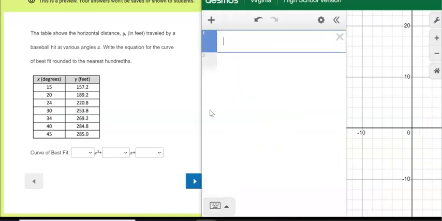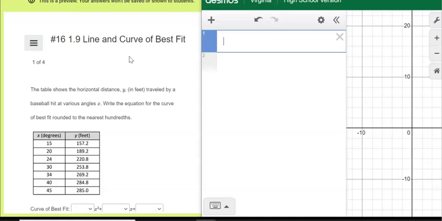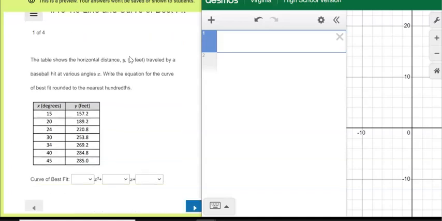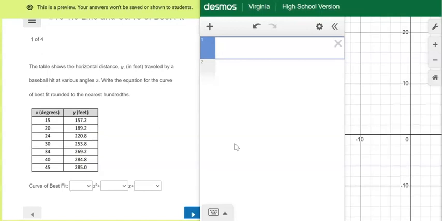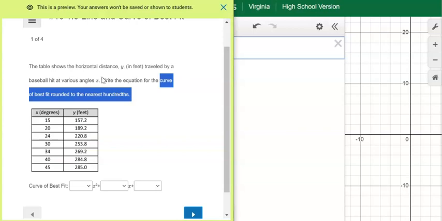Alright, so this topic is about line and curve of best fit. This is the one where you kind of have to memorize the regression for each of the topics. For this one, it says the table shows the horizontal distance y in feet traveled by a baseball hit at various angles x. Write the equation of the curve of best fit. Because it says curve of best fit, I need to use my